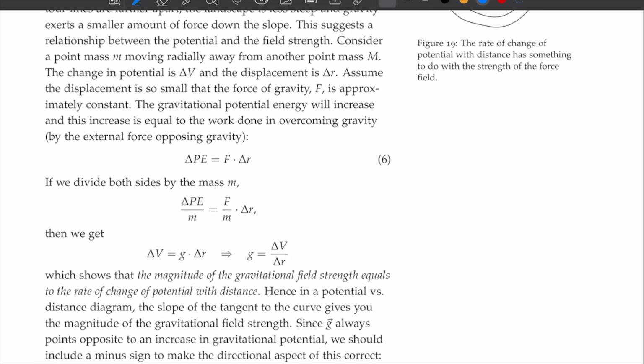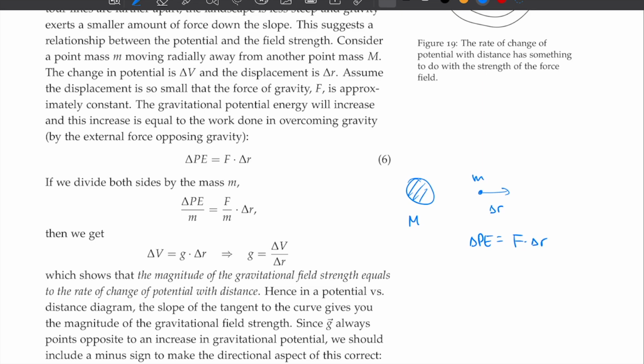We can imagine we have a big mass, say the Earth, and we have a little mass that we are pulling away from the Earth. Say we're pulling it a small distance, delta r, so small that the force is roughly constant along that displacement. Well, then the change in potential energy is the work done by that force, F times delta r. But I can then divide both sides by mass, and I get the change in potential energy per unit mass, but that's just the change in potential, and I get force per